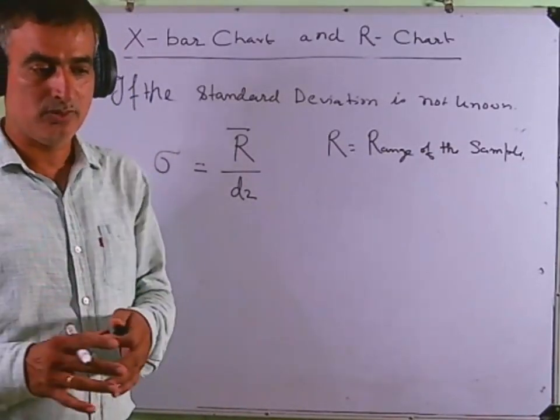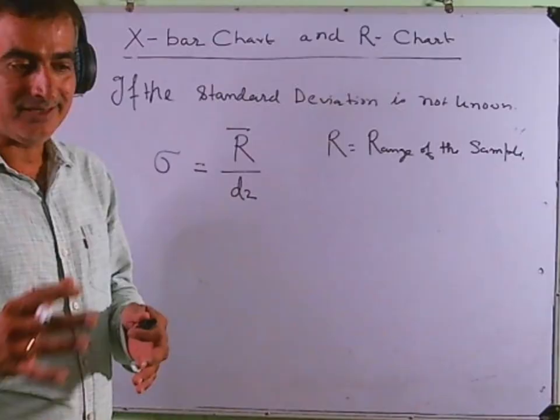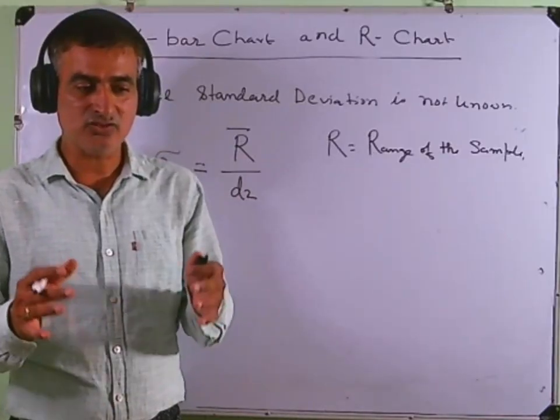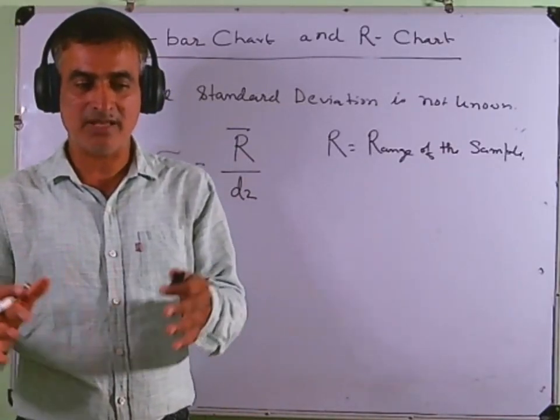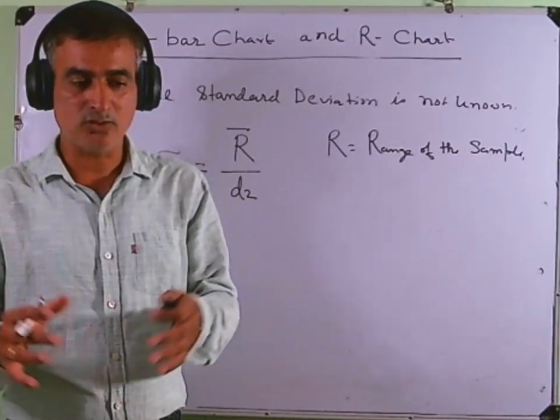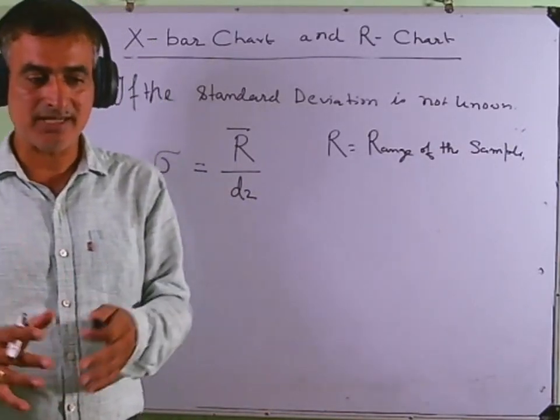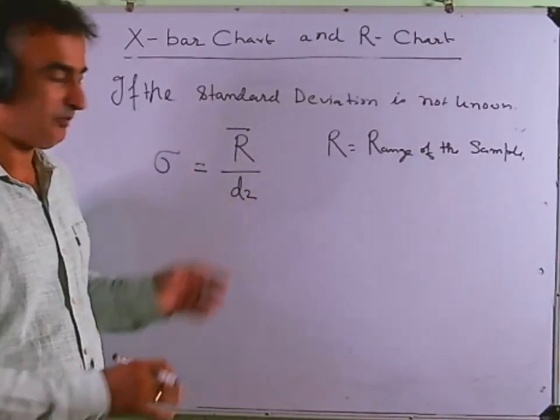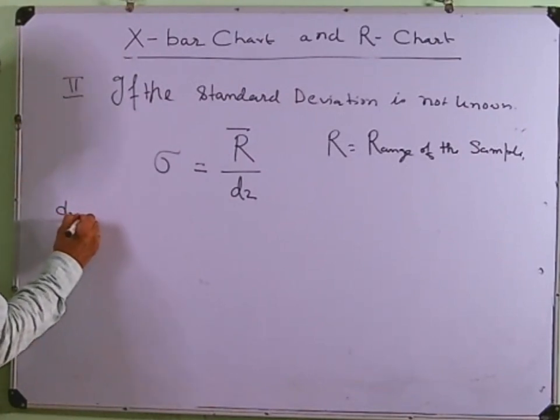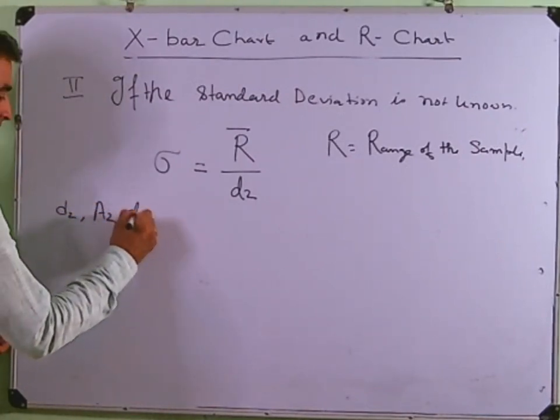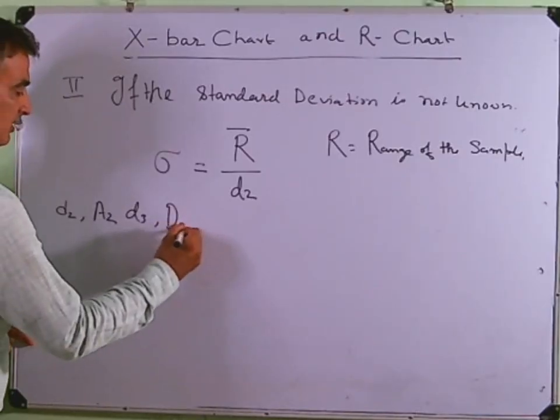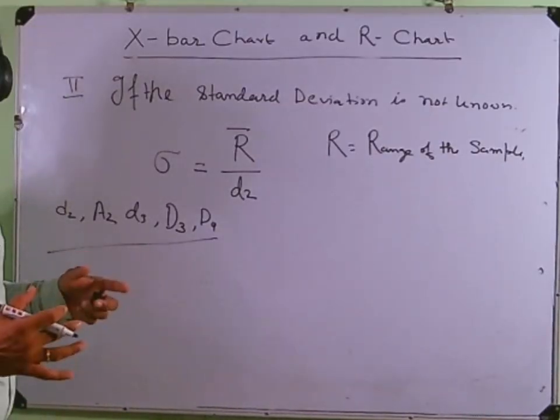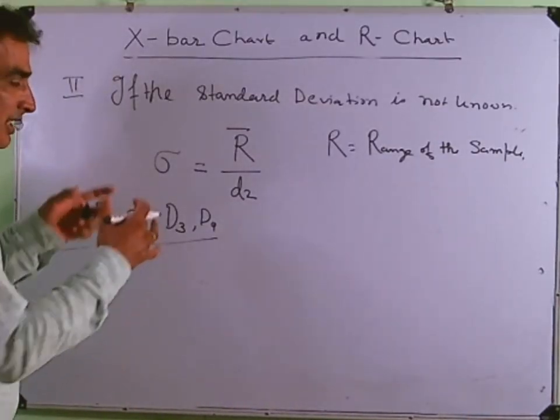D2, A2, capital D3 and capital D4 are actually constants, and the American Society for Testing and Materials Manual on Presentation of Data and Control Chart Analysis actually provides the values of these constant factors: D2, A2, D3, and D4. The data for these factors, for different sample sizes, are actually provided by the American